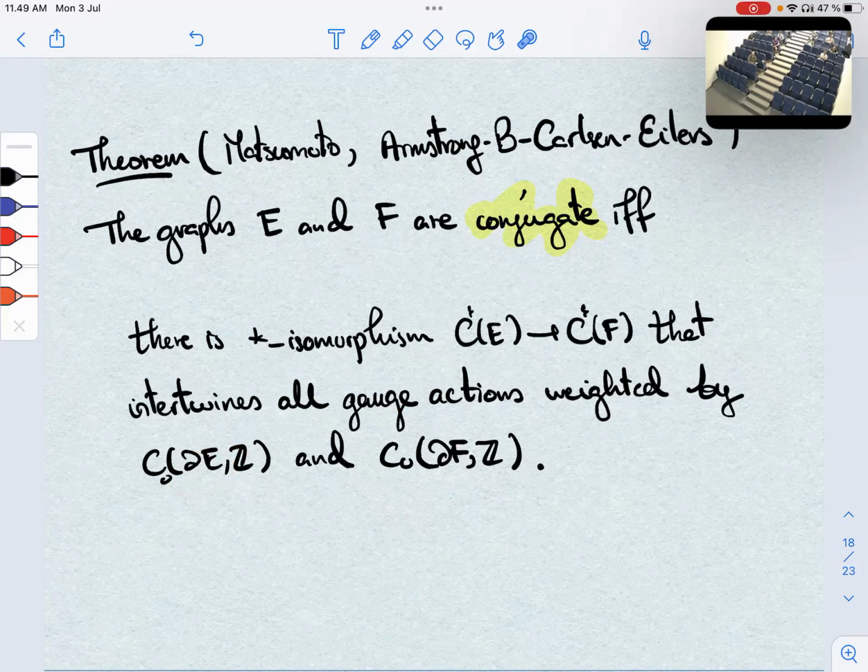I should say Matsumoto did this kind of theorem first in the case of simple Kunstkrieger algebras. For some reason, he focuses almost solely on simple C-star Kunstkrieger algebras, even if you can extend those results. So what we did was first, we wanted to do a result for graphs, which took some work, but then we realized, as I mentioned before, that this is not dependent on the graph. So our real main result is the next thing here,